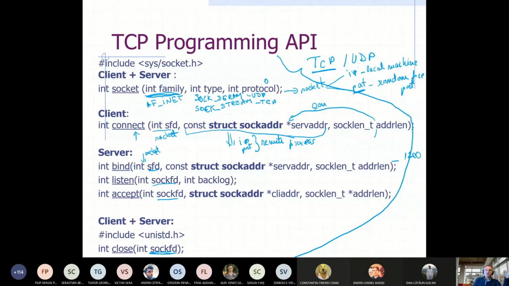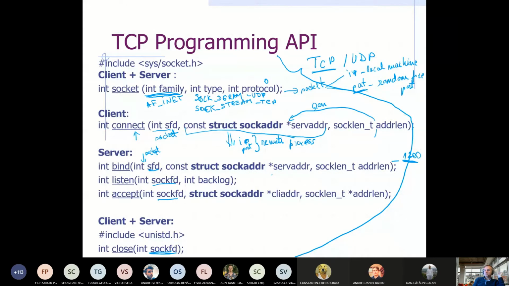If not, clients won't be able to connect to you because they don't know where to call you, on which port to connect. So actually, when you create a socket on a server application, you already have a port, only that it's a random port. If you want to fix it at some predefined value, you call bind. And in bind, you specify the IP addresses and the port